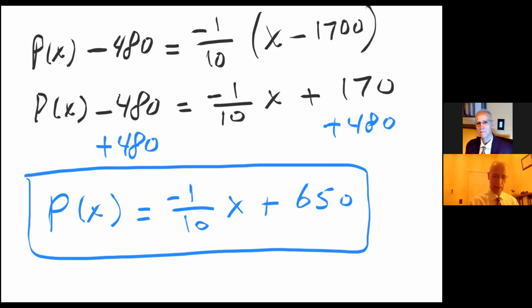For part B, we were told how much of a rebate will maximize the revenue. What do I know about revenue? I know revenue as a function of x equals p of x, the price per item, times, well, let me just put this in. Better than that, let me write it this way. Let me write that revenue